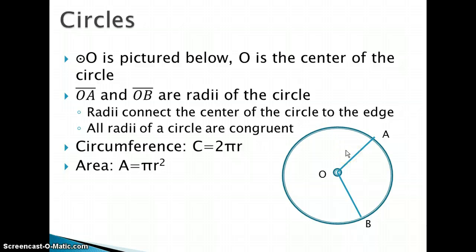I want to get into the circle stuff, so we'll skip that previous one there. Circles. So we have circle O pictured below, and O is the center of the circle. That's really the most important point of the circle. It's really critical that we know where the center is. Two segments that come from the center and go to the edge are OA